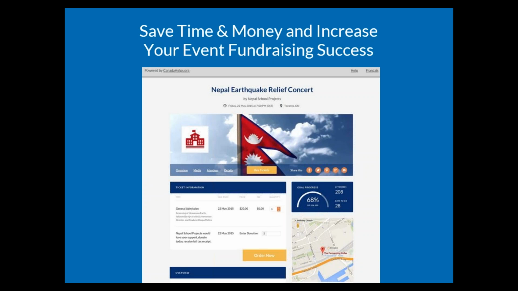Then just to the right of that, it has the goal progress, so you can see the bar move up, and it shows that 68% of the $114,000 has already been made through this event. You have the list of attendees and the number of days to go. This section is actually optional, so you can decide to show some of this information or remove all of it. That is up to you on how you want to share the fundraising goal or the attendees. You have the clear order now button just under the tickets, and then to the right of that,